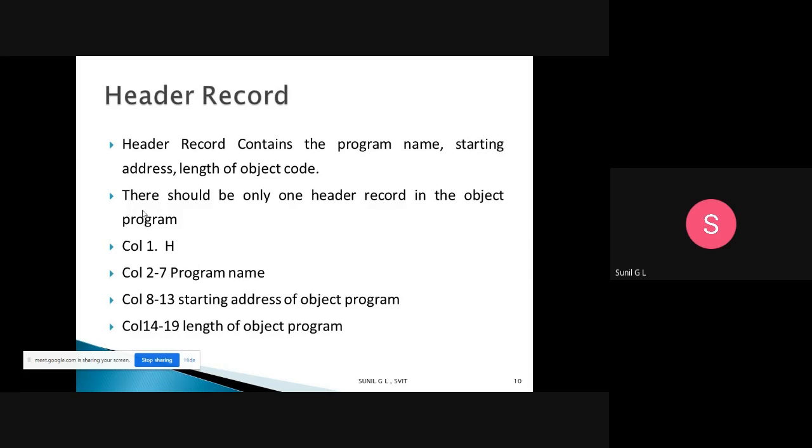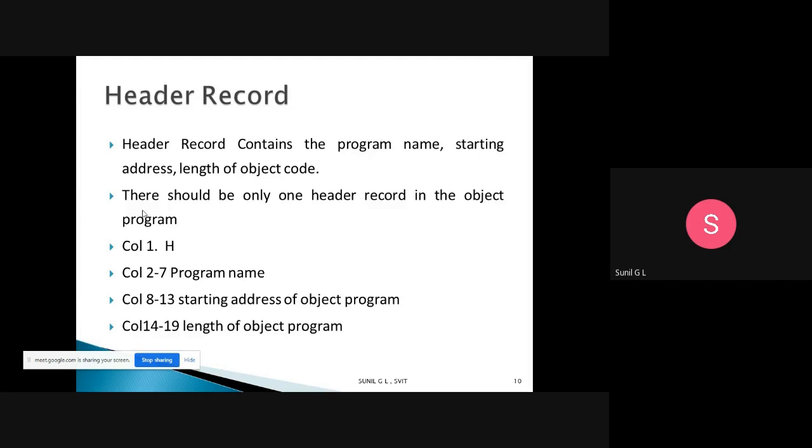So in column 1 we have h, which indicates the header record. In columns 2 to 7, it will be the program name, t.asm, x.asm, whatever it may be.